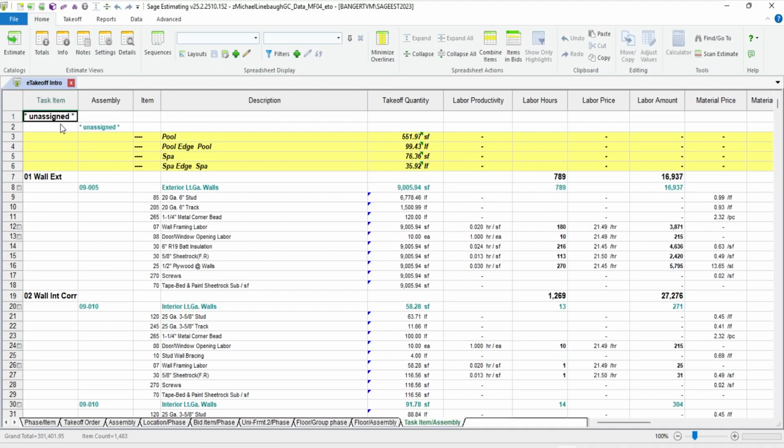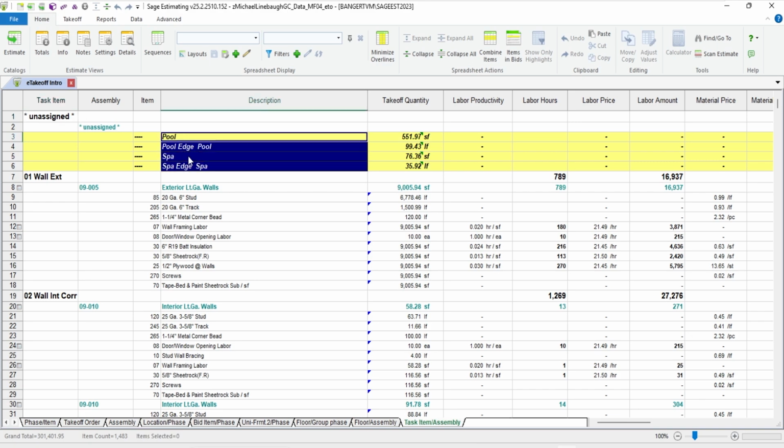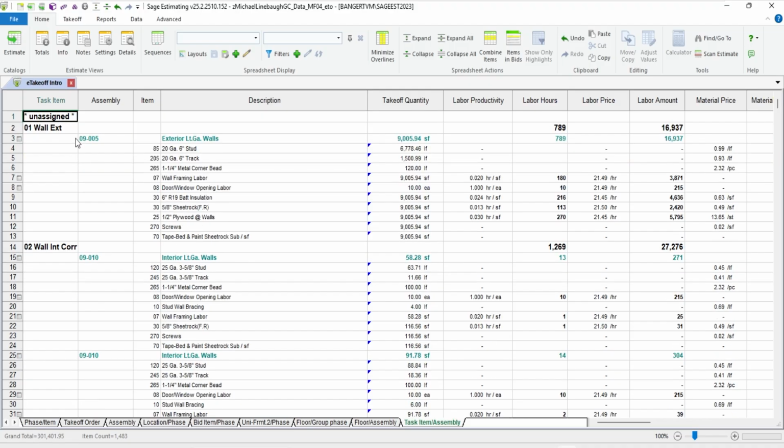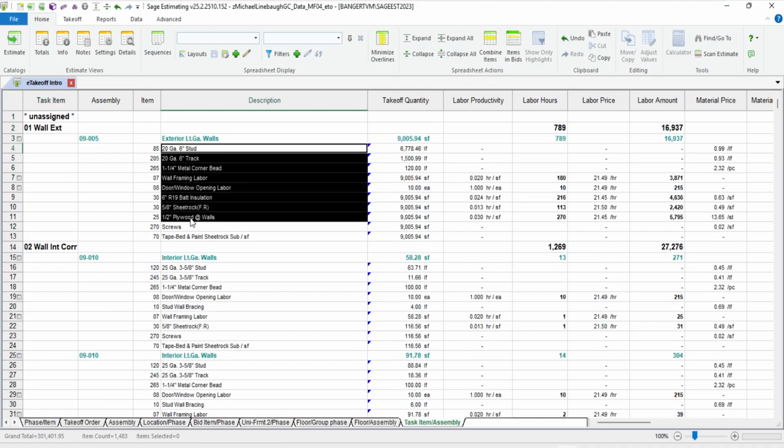In my case, I also did something called task item. If I take a look at it, task item unassigned was all the takeoff I started with. So when I did that pool and so forth, I didn't really tell it any task items. I just did one-time items, put them in the estimate, things of that nature. So I'm going to minimize those for a moment and focus on the exterior wall. We used this assembly. These were all the different products that were part of that assembly.